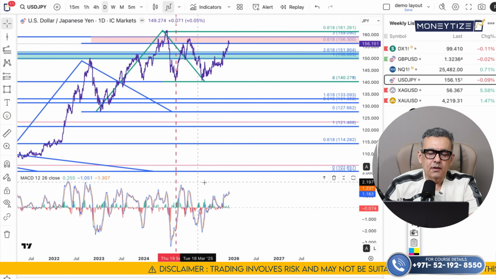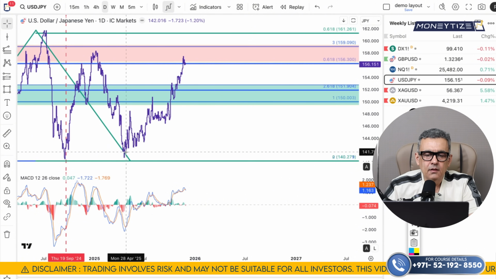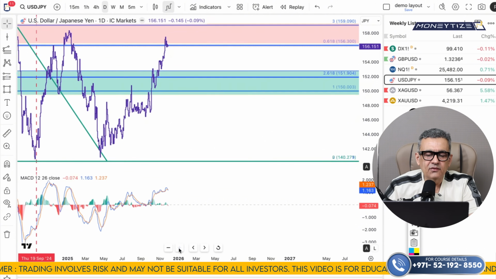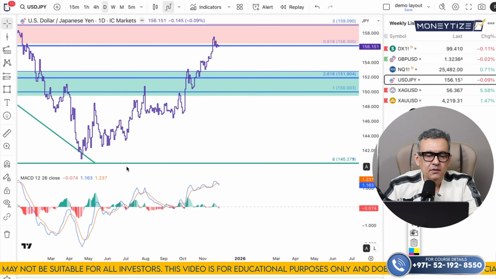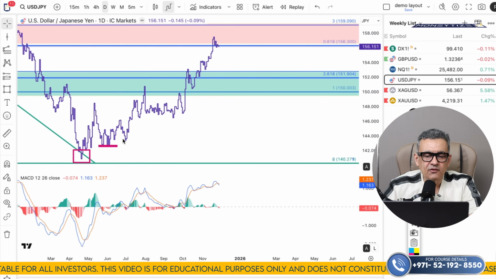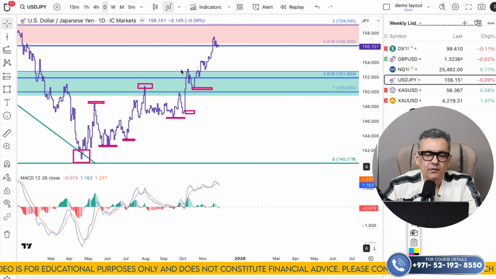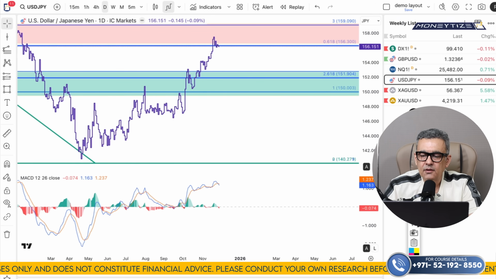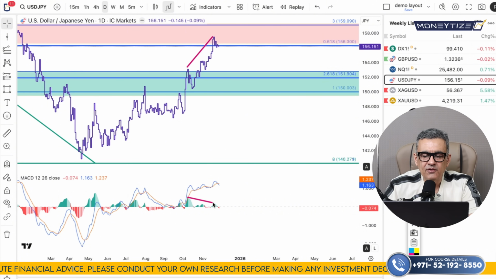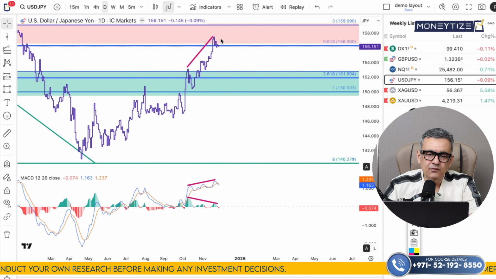Done. Okay, now in the current move up, I can see here that it is creating a sequence of higher highs and higher lows. So here we have the lowest point, then we have a sequence of higher lows, a bullish pattern here, and we have the sequence of higher highs here. But between the last two highs, I can see the signs of weakness. So basically, when I'm comparing these two highs, H1, H2, they come with bearish divergence on MACD histogram, but not on MACD lines. So which can bring some short-term pullback